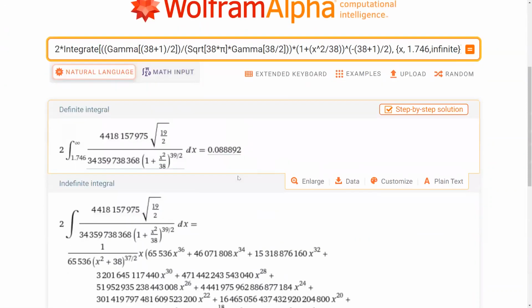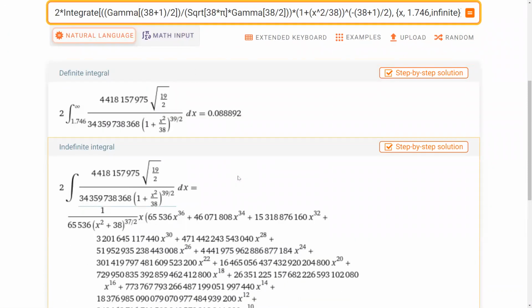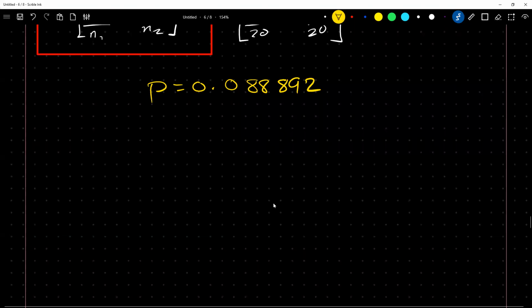So I'm going to write that over on this other screen. So we have p-value equals 0.0892. Okay, so using the p-value method, we've already reached our conclusion here, which is that the p-value is greater